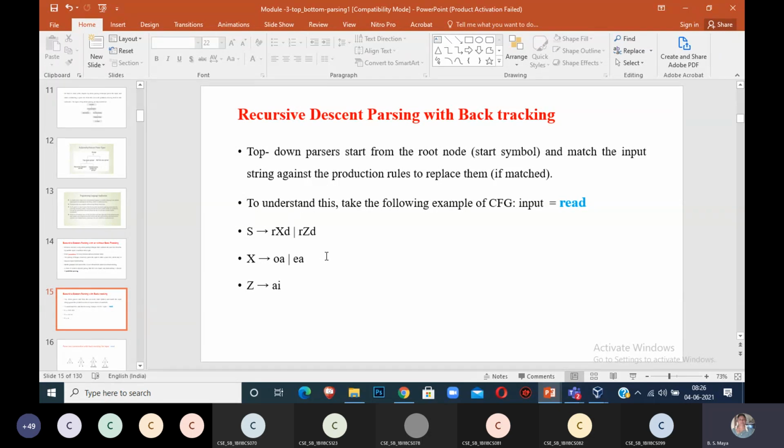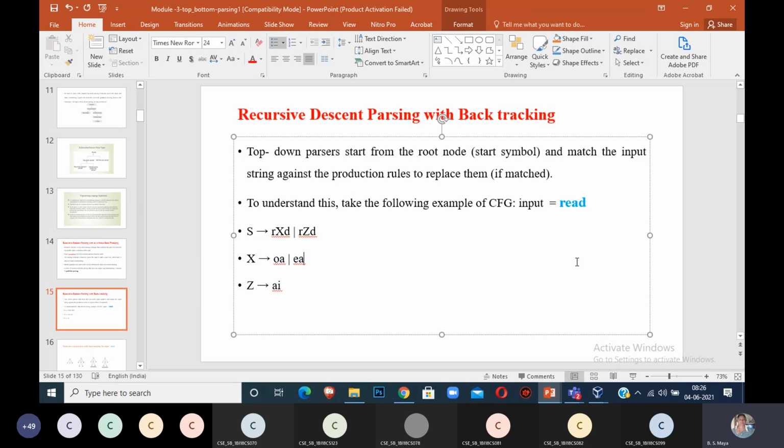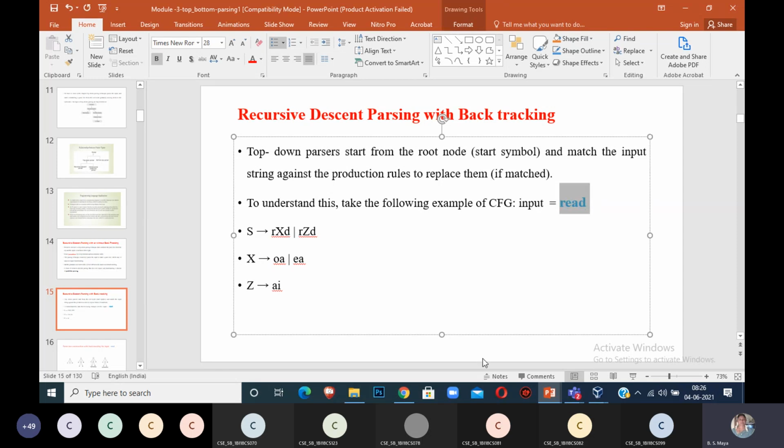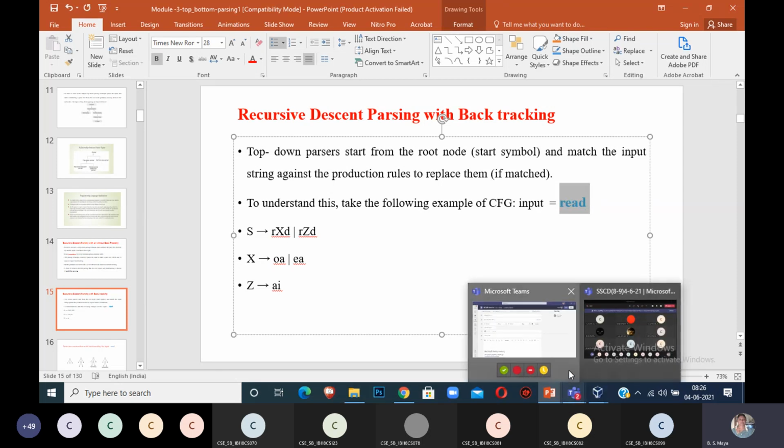S derives R X D or R Z D, X derives O A or E A, Z derives A I. For this grammar, I have to write the parse tree for the given input read, applying the backtracking technique. You have to start with the production. I have to write a tree for read by using this grammar.